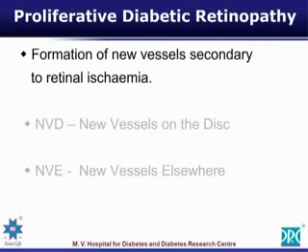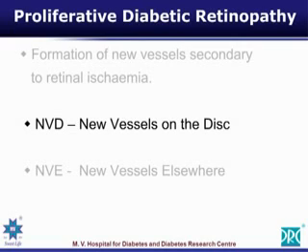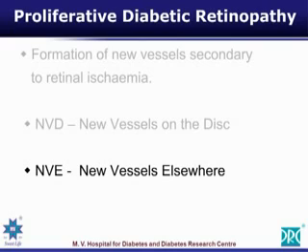When proliferations start, it can be vascular, and along with it a group of glial tissue also undergoes proliferation. We will call this second stage proliferative diabetic retinopathy. Depending upon where the proliferation occurs, if the new vessels occur at the level of the disc, we will call it NVD. If these new vessels occur elsewhere in the retina, we will call it NVE.